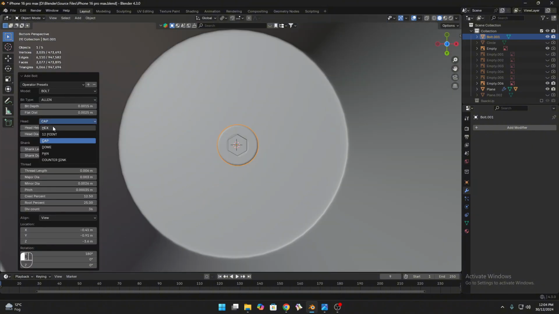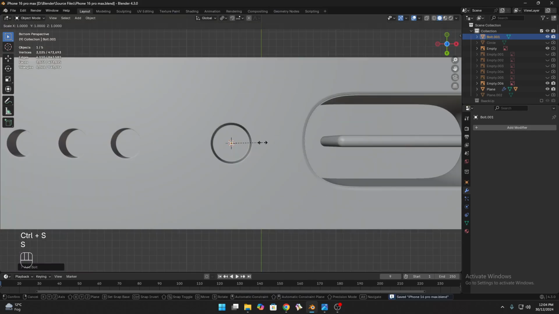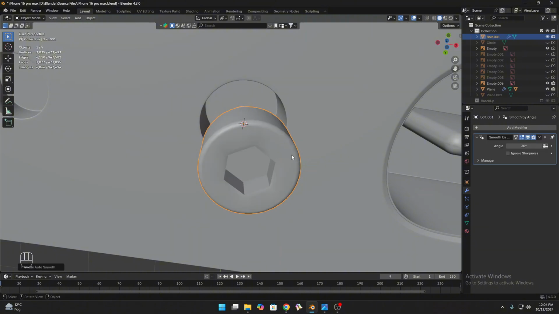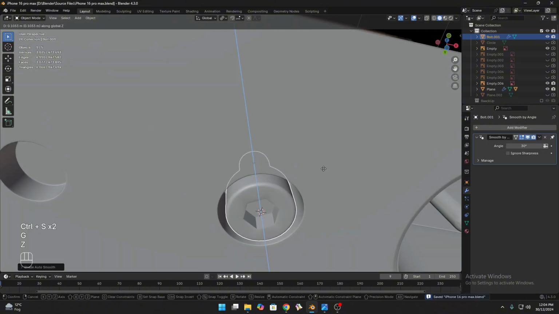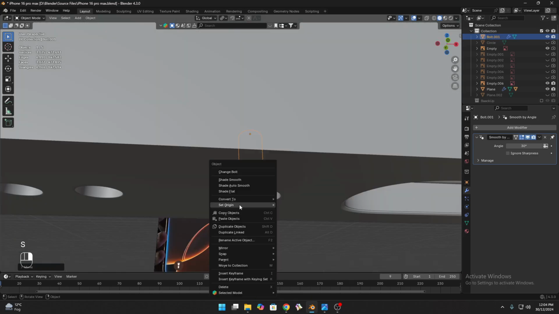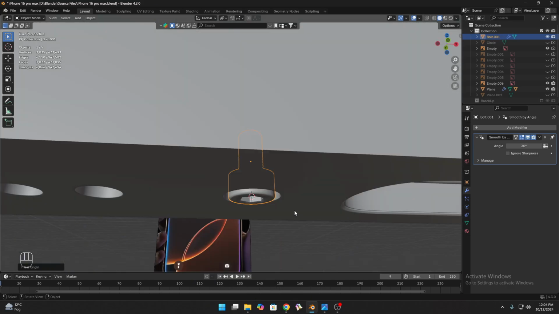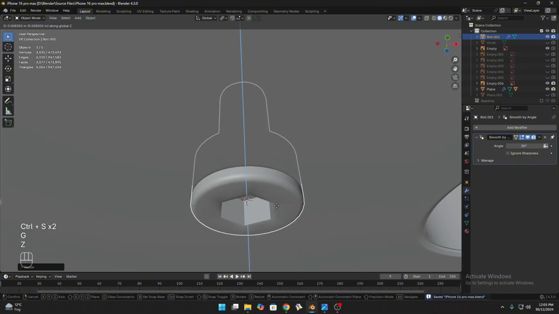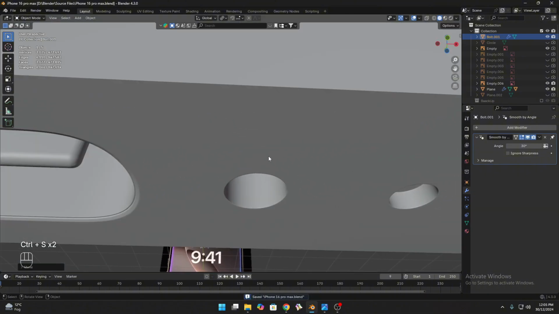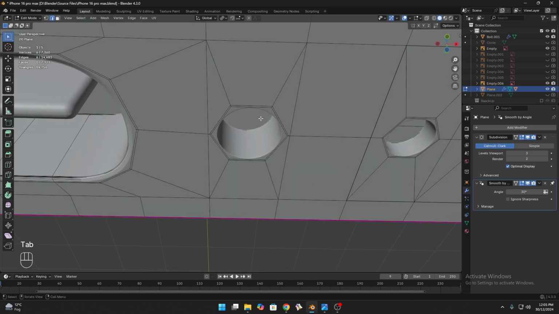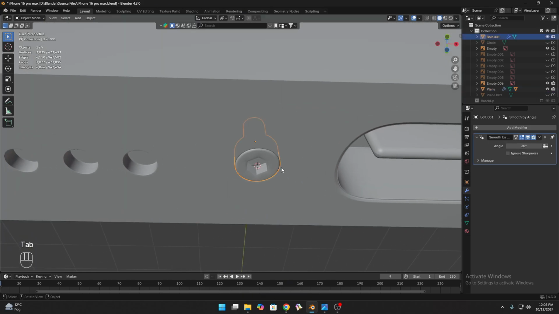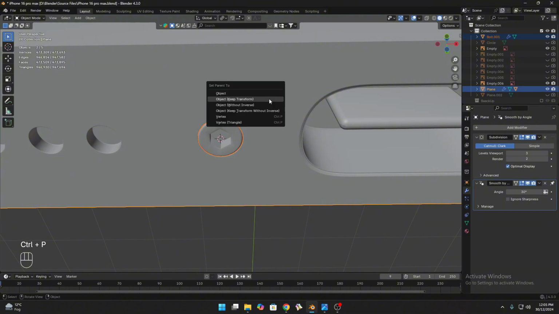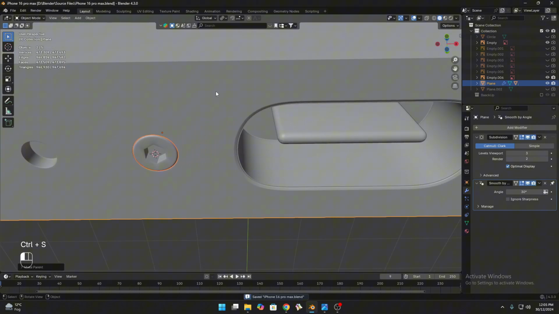Set head to Cap and then scale it up like this. Right click and Shade Smooth, and move it inside there. Right click, Set Origin to Geometry, scale it up like this and move inside. And same for this one, just select this in edit mode. Then select this bolt, select the iPhone, press Ctrl P and Keep Transform, so it also moves with